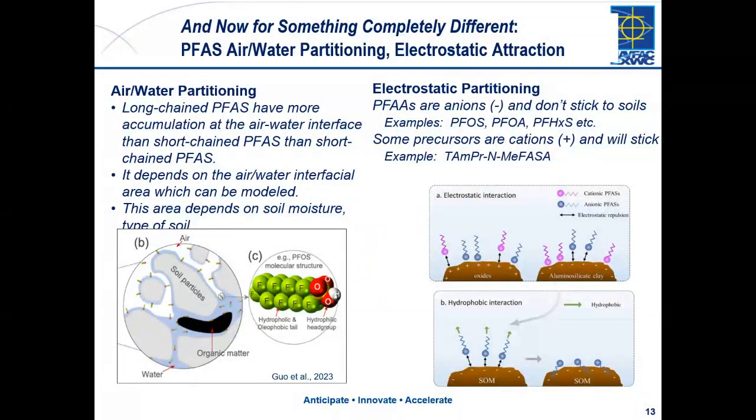And I'm going to start on the right-hand side of this. And Charles did say that we're looking at some of our key PFAS, these key PFAAs, things like PFOS and PFOA. They have a negative charge on them. They're anions. These don't typically have enough of a charge to stick to soil. So we're saying like these PFAS are anions. They don't really stick to soil, so they just move. And you think like a chloride plume, it's negative charge. It's the same sort of thing. But some of these precursors are cations.